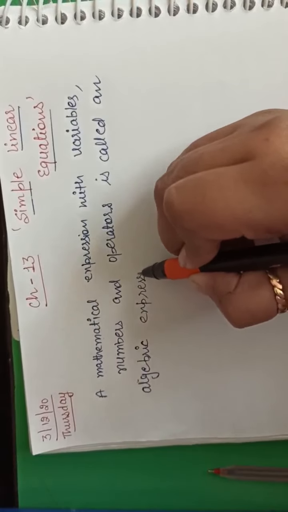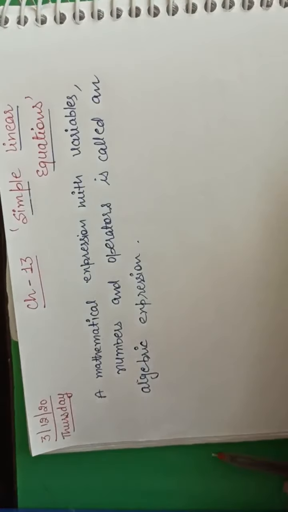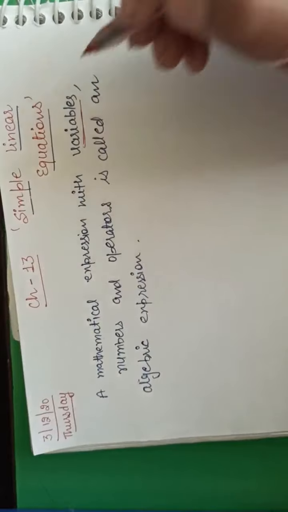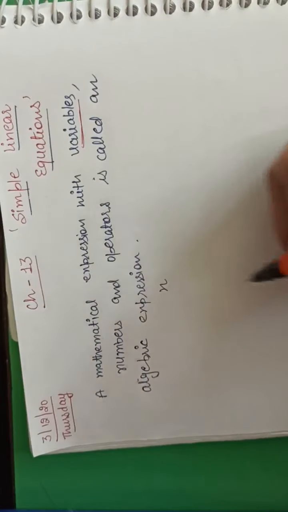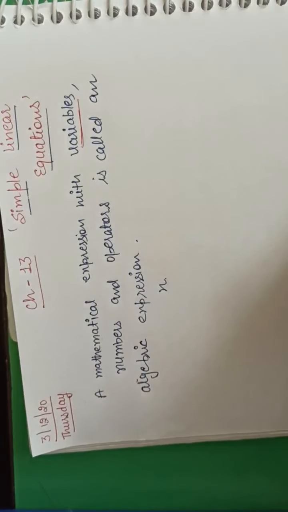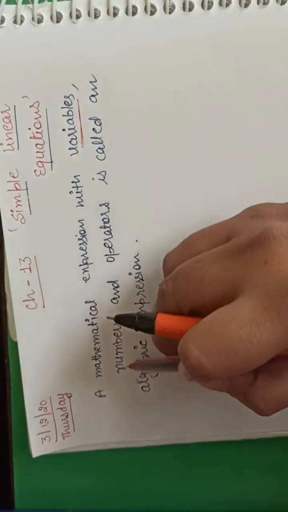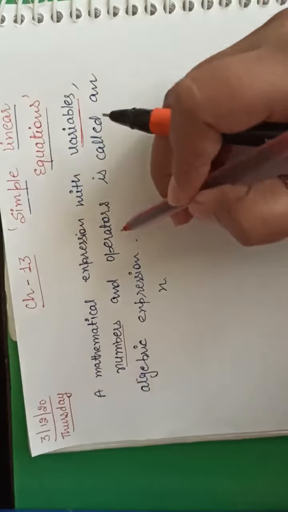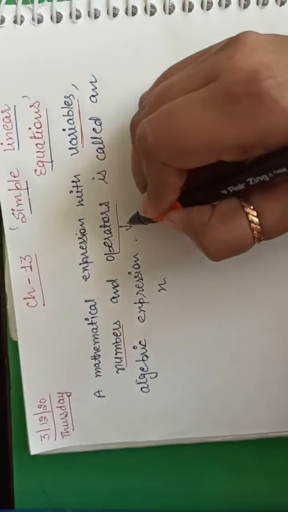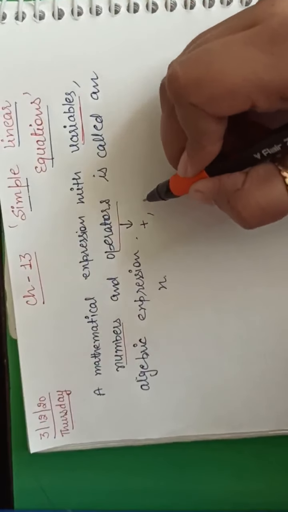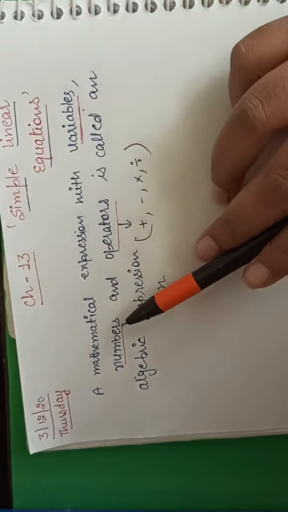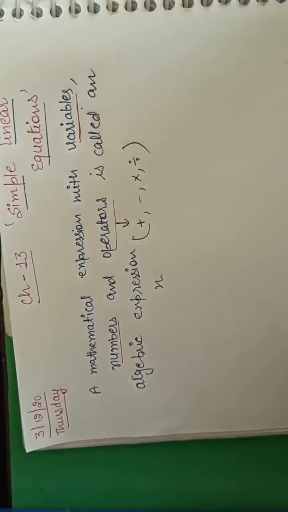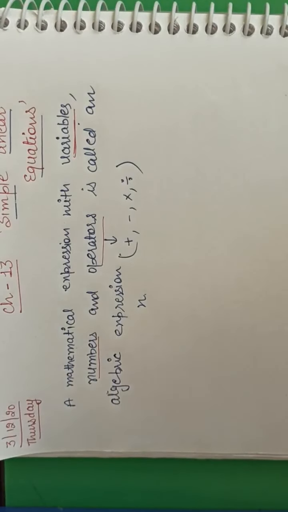So simply, what are the things in a linear equation? Variables. Variables are in the alphabetic form which contain some values, like this x we are using in the equation. Second, numbers, everyone knows the countings, and operators. Operator means the same signs we are using: plus, minus, multiplication and division. Clear the 3 points? So any equation which contains these 3 points is known as an algebraic expression.